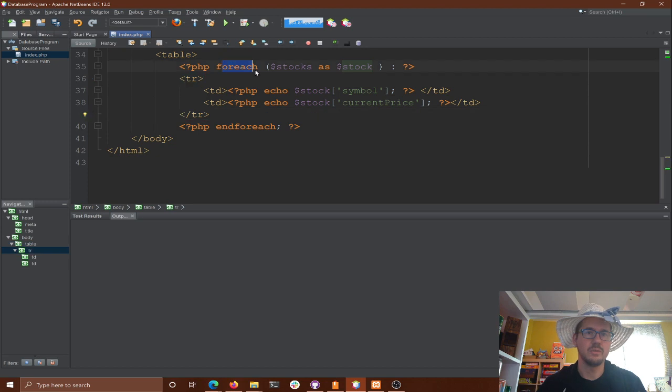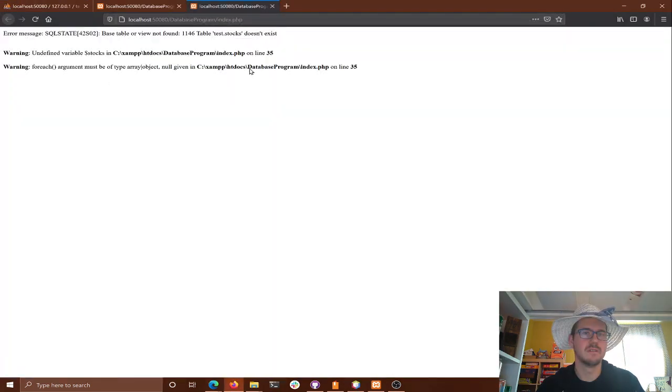Okay, so we start the foreach loop, going through stocks, looping one stock at a time. For every item that's in the stocks collection, it's a list of something, like an array of something, we're going to get the instance out, and then each one of those has the items by key here. Let's give that a shot, see if we can find some stocks.